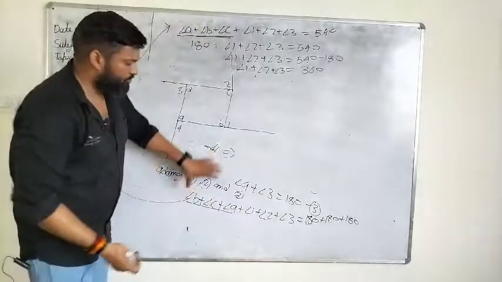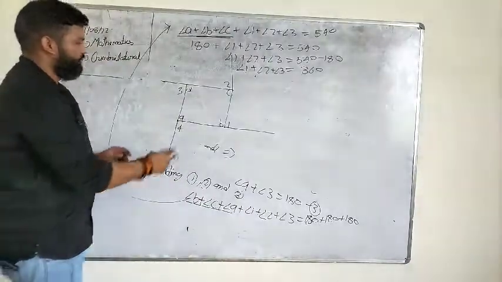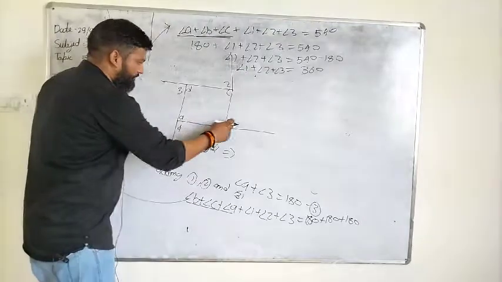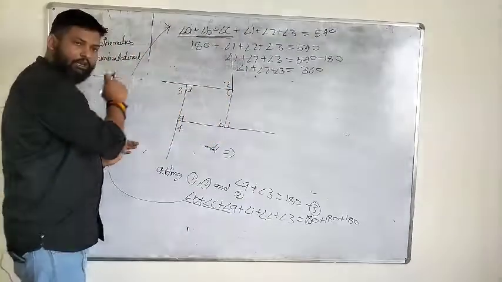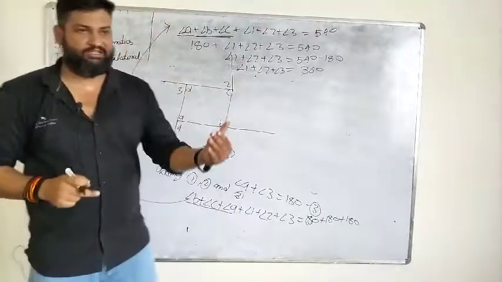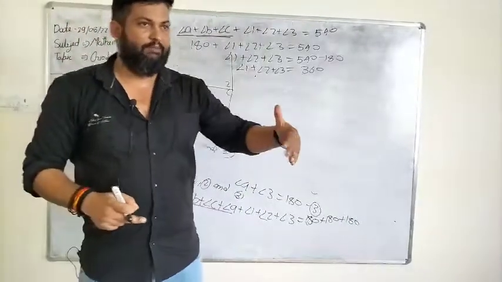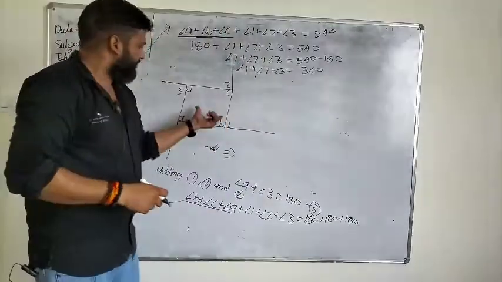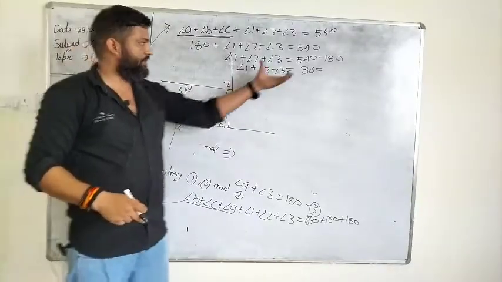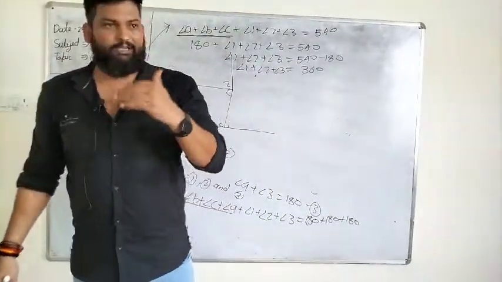After that you have to add all the equations, then what will you find? Angle A plus angle B plus angle C plus angle D plus angle 1 plus angle 2 plus angle 3 plus angle 4. And we know that angle A plus angle B plus angle C plus angle D is equal to 360 degrees, because the sum of all interior angles of a quadrilateral I proved before that. So you put 360 degrees in this place, and this way you find the sum of all exterior angles of any polygon will be 360 degrees.